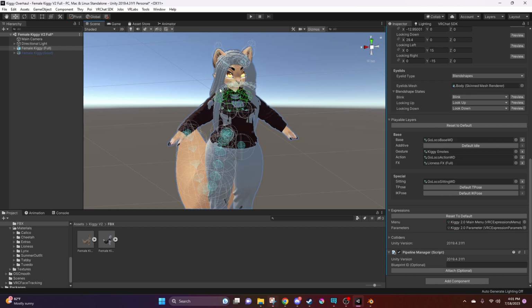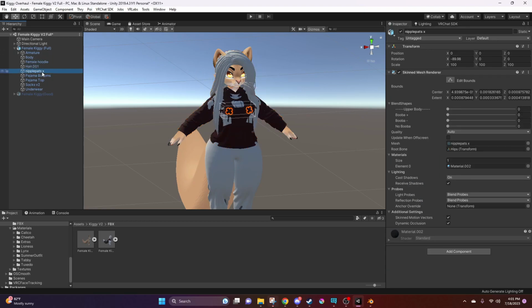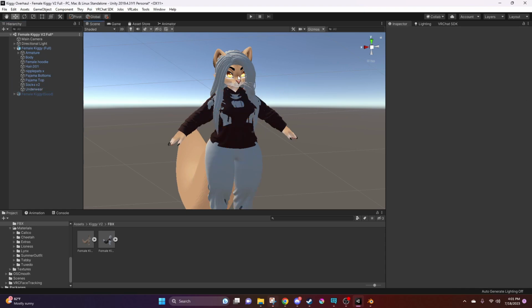The only thing is, yes, her textures on her clothes and hair and stuff are not in there. And that's only because you have to make your own materials, plug those in yourself. But if you look in your little drop down here, you'll see that she now has her hoodie, she has her hair, she has her pasties, her bottoms, her tops, socks, underwear. All of her stuff is now in here. But